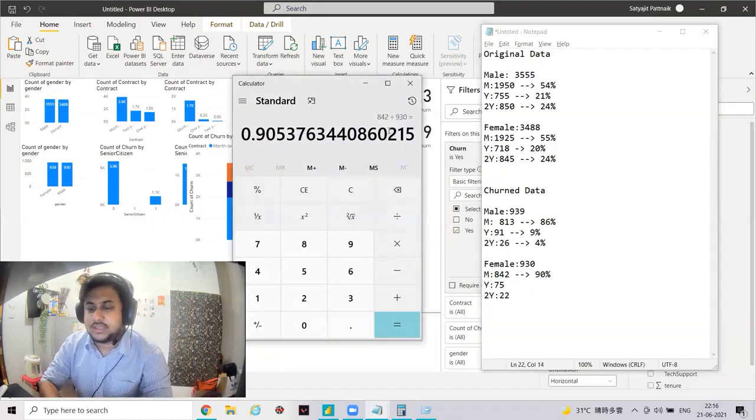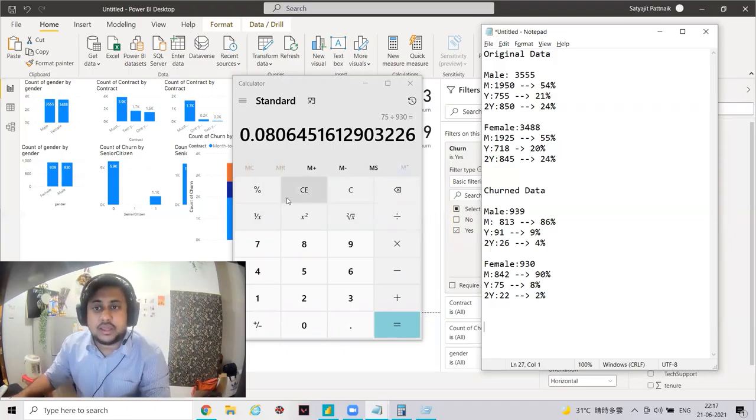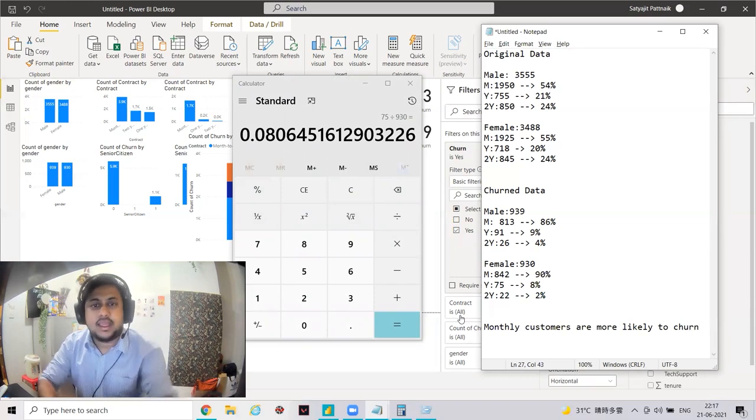90%. 75 divided by 930, 8%. And this is 2%. So our initial insight from the univariate analysis was monthly customers are more likely to churn, right? And from the gender data, we were telling that gender has no such importance, because it was a 50-50 ratio, right? But after this bivariate analysis, we can see that